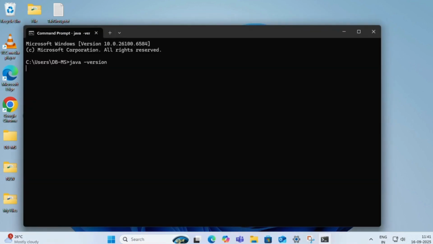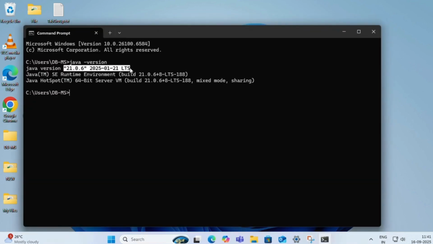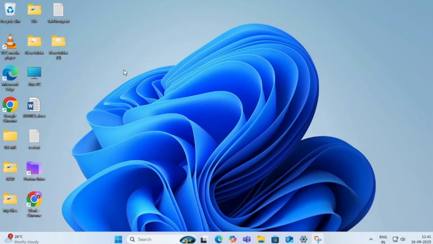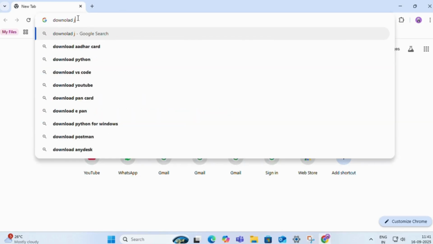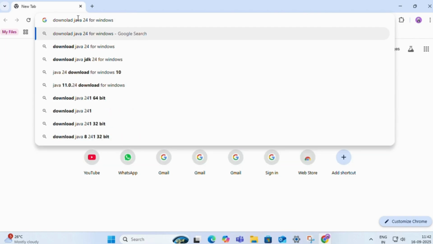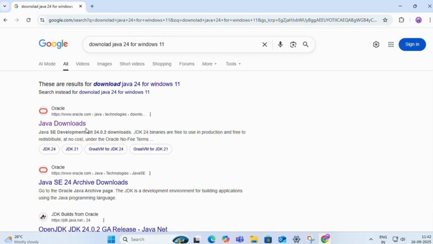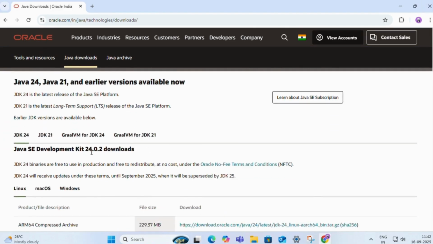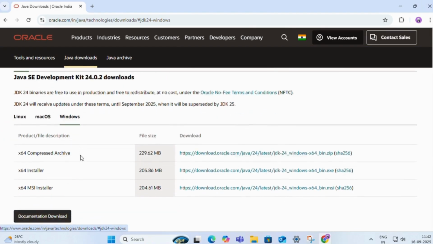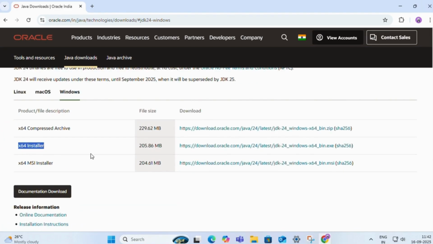Check the Java version. Java 21 is already installed. Let's install Java 24 from the website. Select Windows and click on the .exe file link.